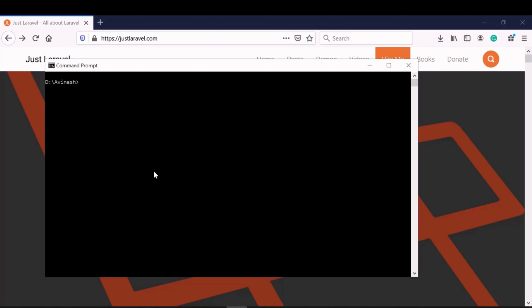So now I'll directly create a new Angular application. We can create an Angular application by using ng new, and we can give the application name. I'm going to call this angular-consumer-tutorial. When I run this command, it will create a new Angular application for us.